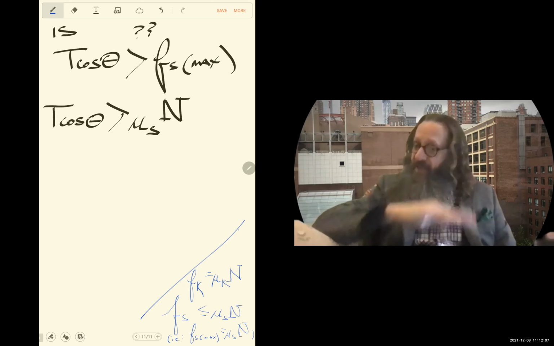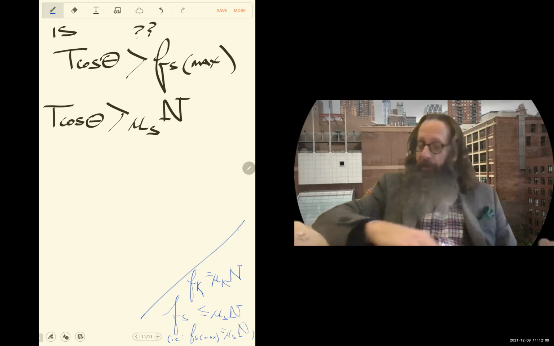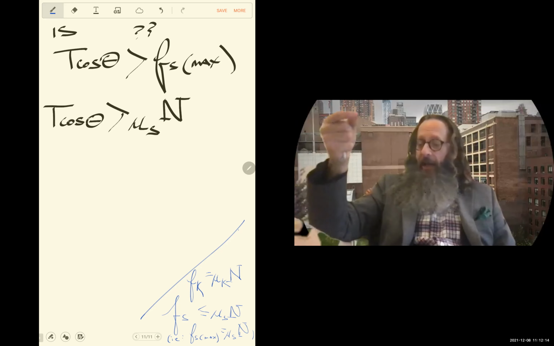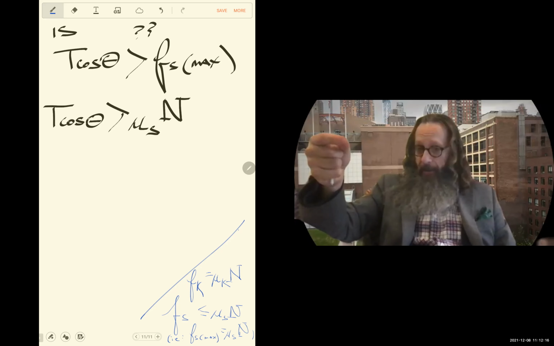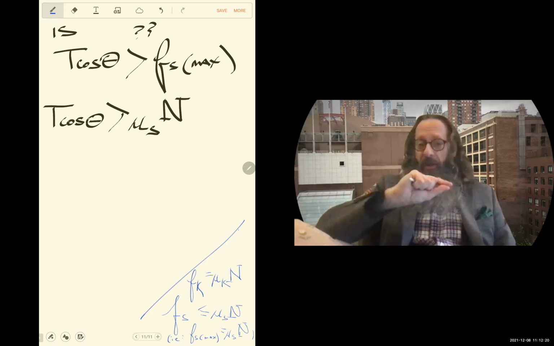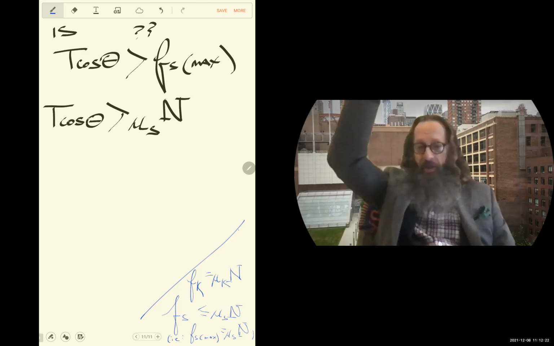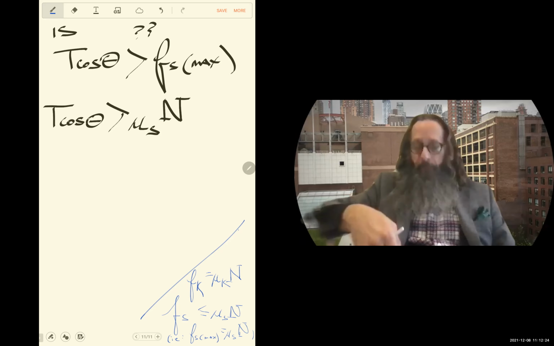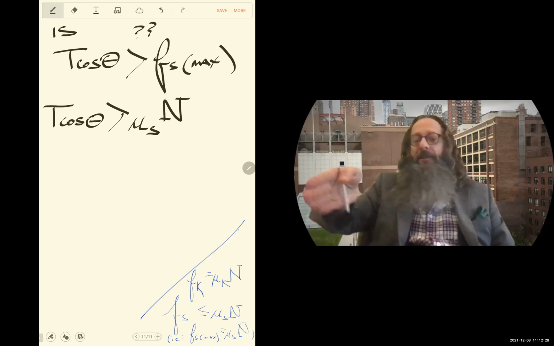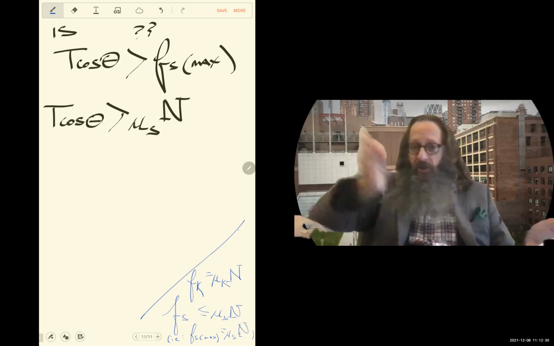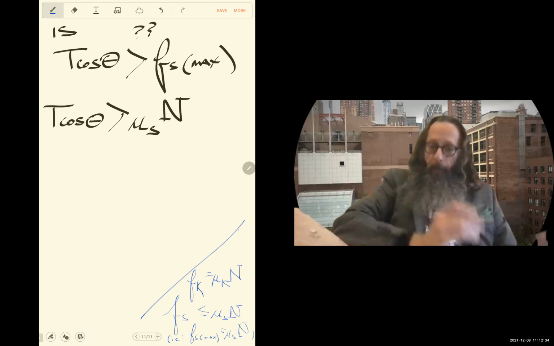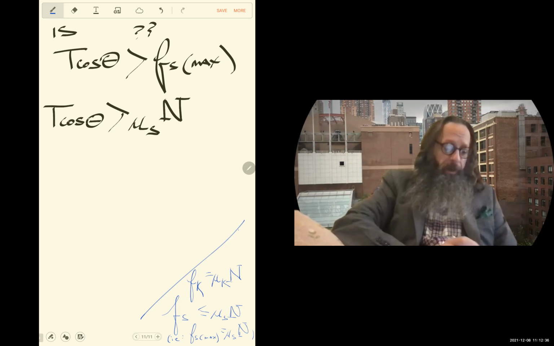I do as much physics as I can before doing any computation with numbers, because the numbers are just a detail that have to do with this particular example. First of all, the physics is the most important thing. Second of all, I don't want some little accidental math error that I make to permeate and mess up all my physics all the way through. I want to make sure I've got the physics right. Then I plug in the numbers at the last possible minute. And even if I did something wrong with the numbers, at least the physics will still be right. So I'm postponing numbers to the last minute.